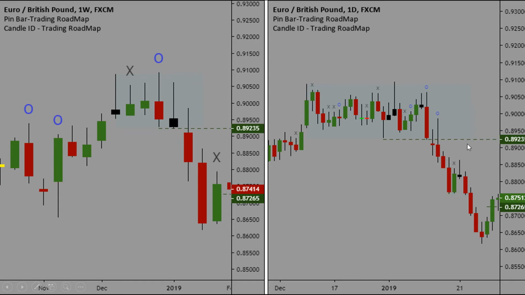Another entry here, which is a continuation pattern. So we have here the range with a breakout trade, and then we got another here. A trend continuation pattern consists of a failure of an inside bar. So you got an inside bar with a failure with a pin bar, and your entry point would be below